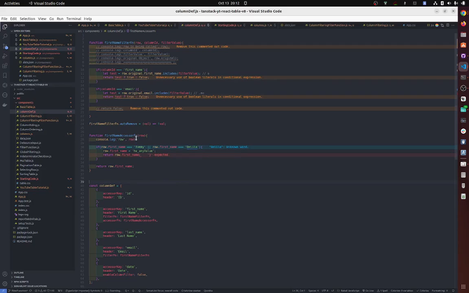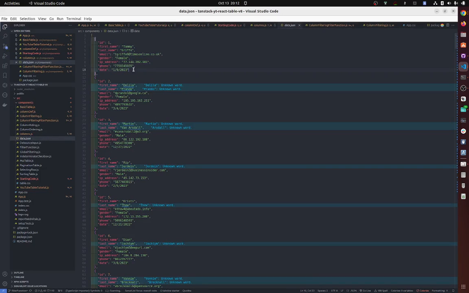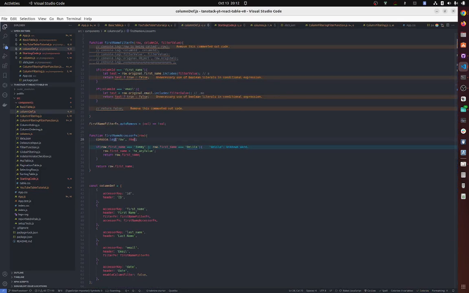It's very straightforward. You have your row. Inside the row, you have an instance of the data, which is this one here, and then you can do whatever you want with it, conditionally, and return whatever you want. And whatever you return is going to be displayed in the table cell, right? Okay, so next thing we're gonna go through